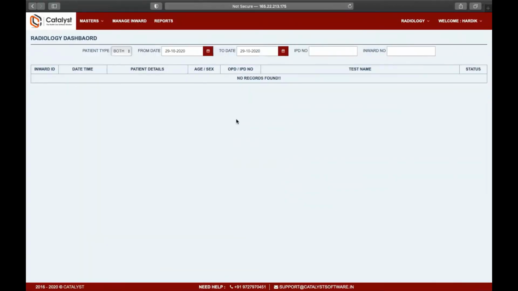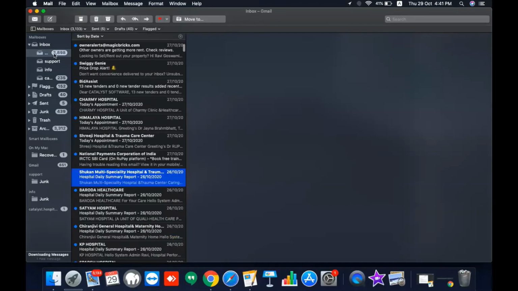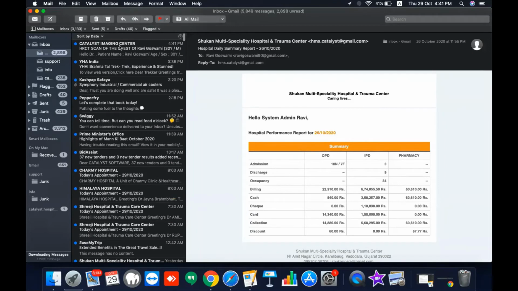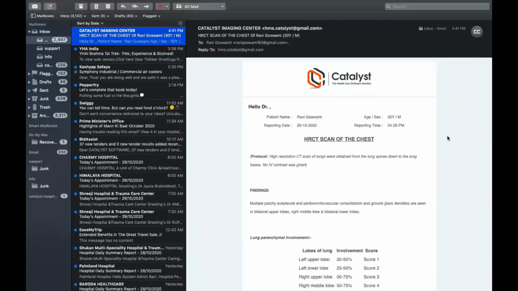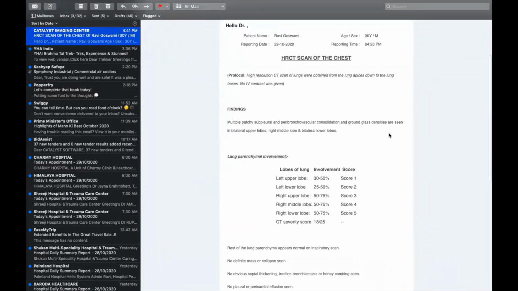Now sir, he's just giving you the reply to your second question: how can a doctor see the report of a patient who comes to your lab for some specific reports, and if his reports have been generated by your lab and sent to the doctor, how can the doctor see the report before the patient gets the report? Okay. So this is how.